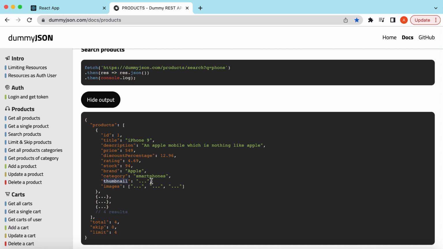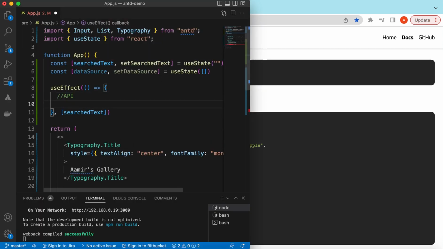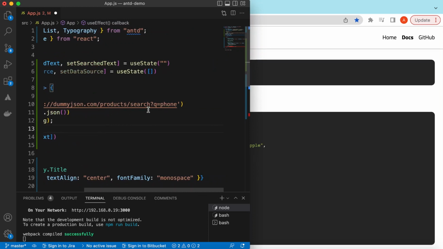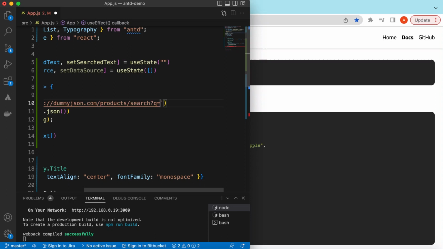So we are mimicking the behavior that we have saved the images on the server, and we are fetching those here, right? So we can copy this one, and we can add that here. We can say fetch that, and q will be equal to the search text instead of this phone. So we can add that inside a backtick, and here we can say dollar the search text,